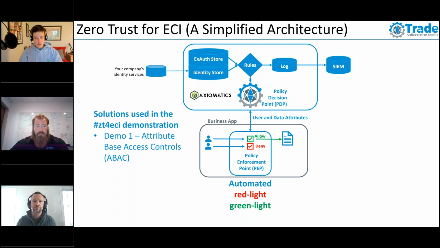From an identity perspective, the identity attributes will be provided by your company's identity services, like Ping, Okta, Active Directory, et cetera. And then for the export authorization store, you'll see a product that TC Engine developed, we call the authorization engine, and this product decomposes export authorizations into the machine actionable attributes and feeds those into the authorization store. So we'll quickly show a high-level overview there, because as we introduce that authorization, it's going to impact who can